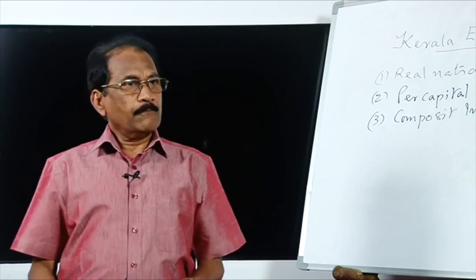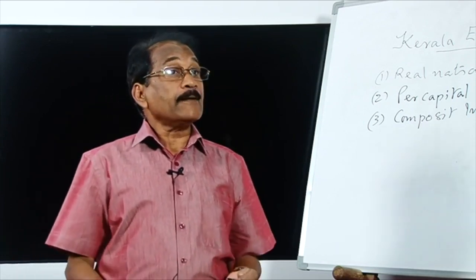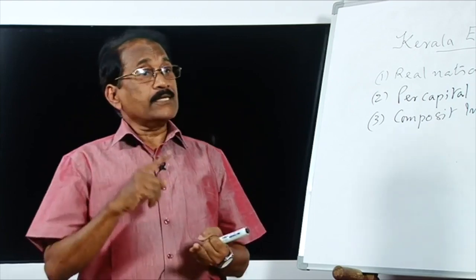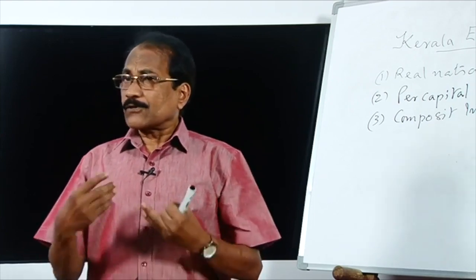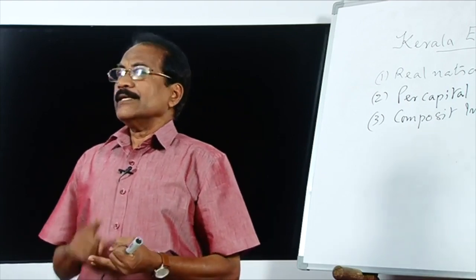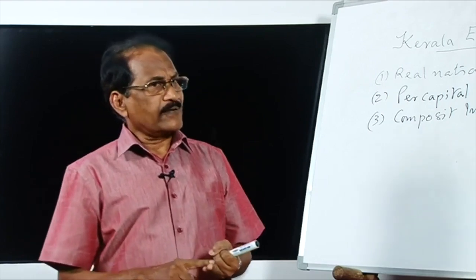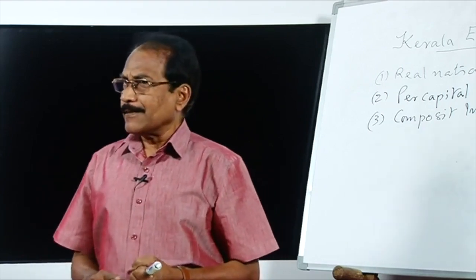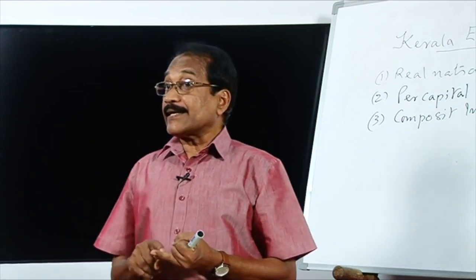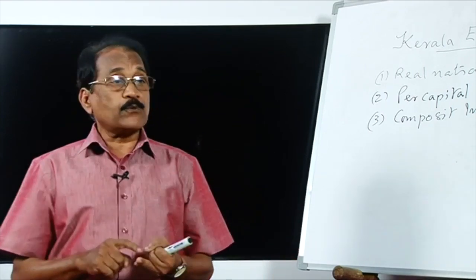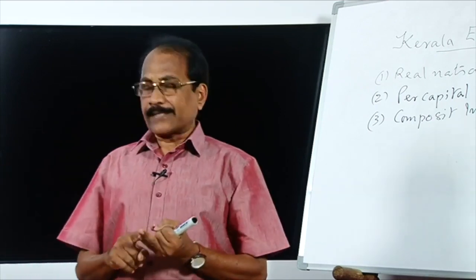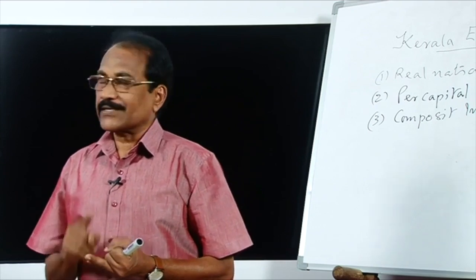Early deaths. Before 1 year, how many babies die in the country? Whether a large number of babies die, whether it is a common phenomenon or not, that should be taken into consideration. Then only can we say whether there is development in the country or not. Infant mortality is the death rate of infants below 1 year. How many babies die in the country? That we should take into consideration.